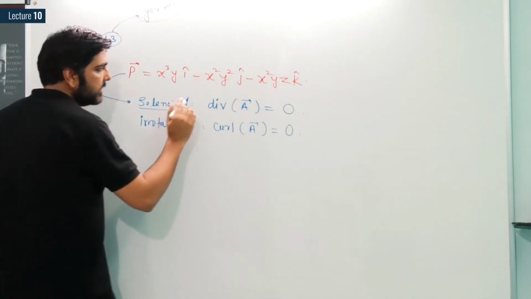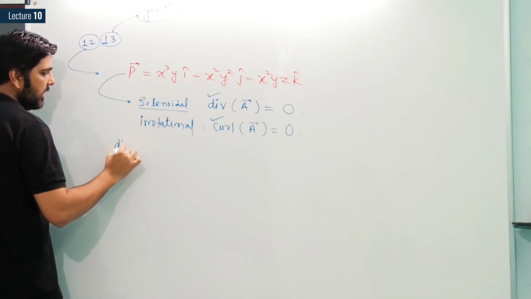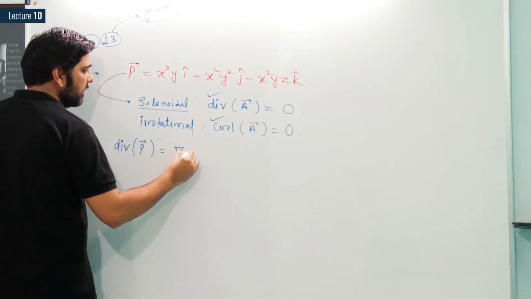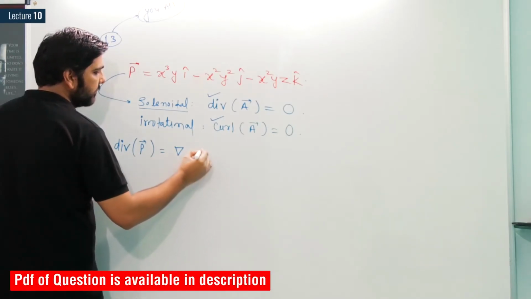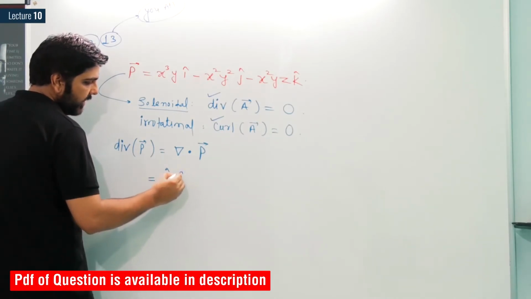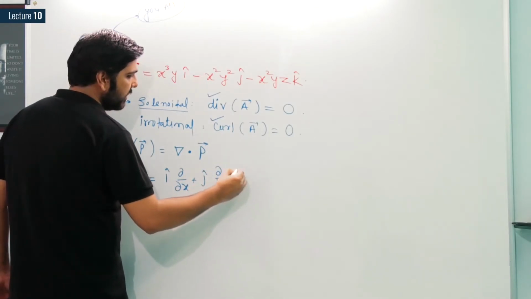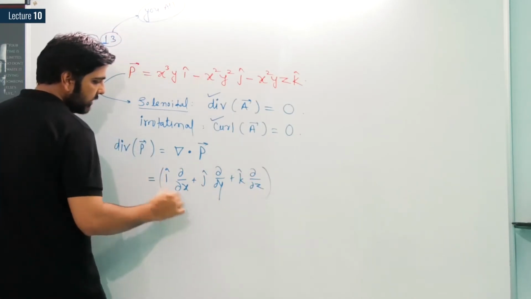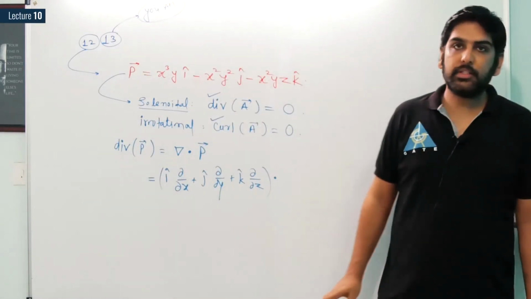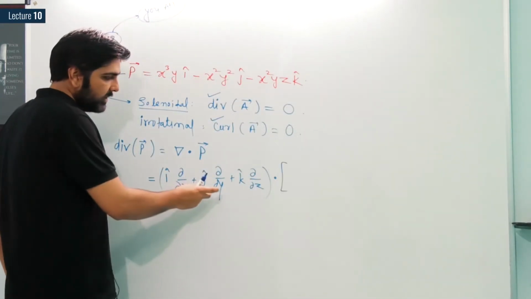Now firstly we need to find the divergence, then we need to find the curl. Let us have the divergence first, because divergence is easy. So del for divergence, and you know dot for dot product. So I am having dot product with P. Here the vector is P, no problem at all. So del operator, so del is what? i d/dx, j d/dy, k d/dz, dot. So my dear students, in gradient we do not have any dot or cross, in divergence we have dot, and in curl we have cross product. Fine. So this is our del operator.